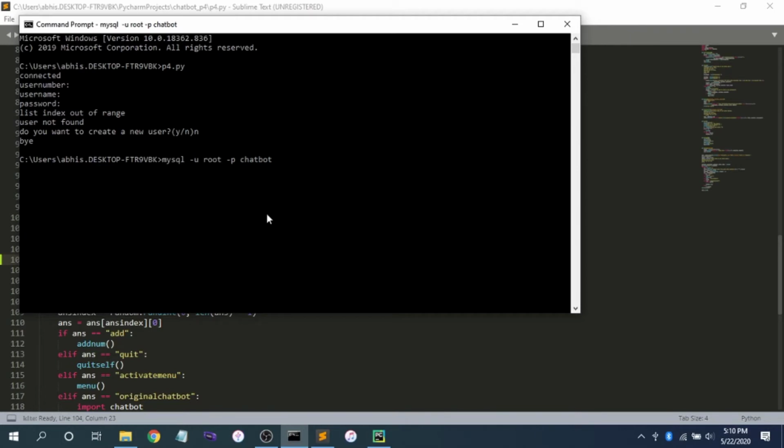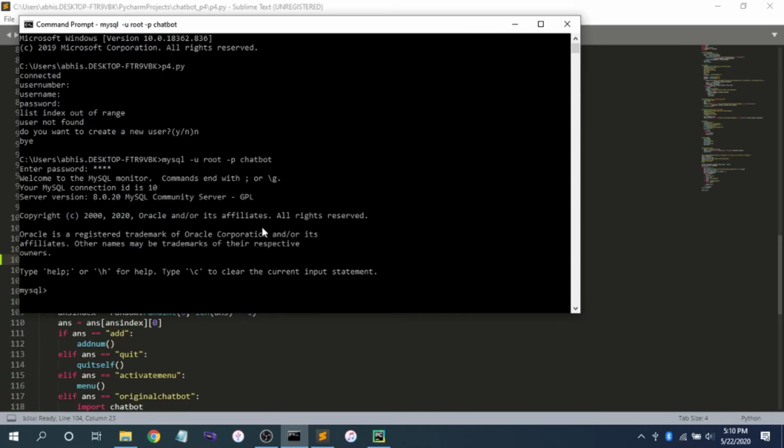It will ask us to enter our password. So enter whichever password you did, but mine was root, so we're just going to do that. Yeah, see, it came enter password root. It will say welcome to your monitor, blah blah blah. Okay, so just in case it gave you some error, you can leave out this chatbot, and when you come to this screen, you can just say